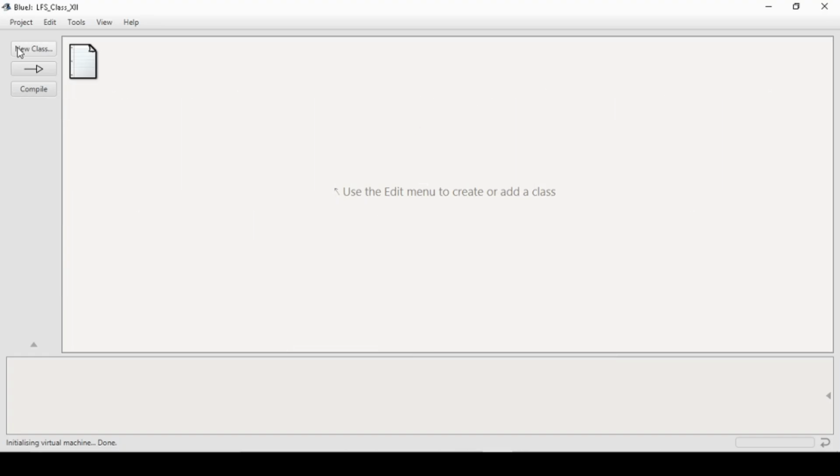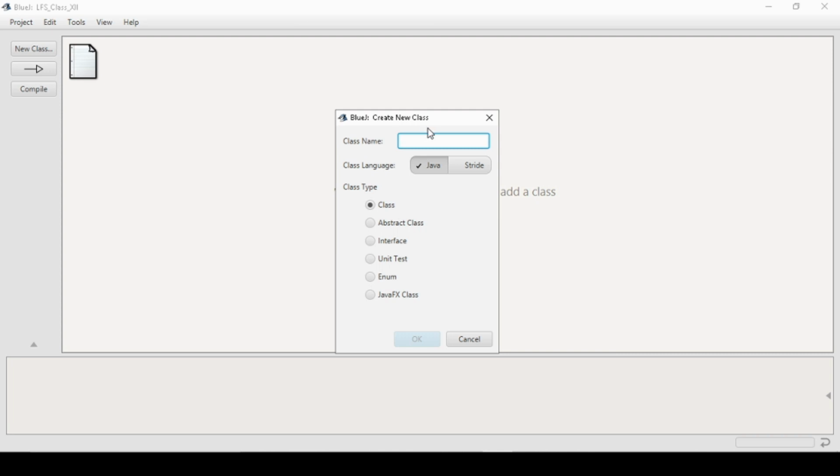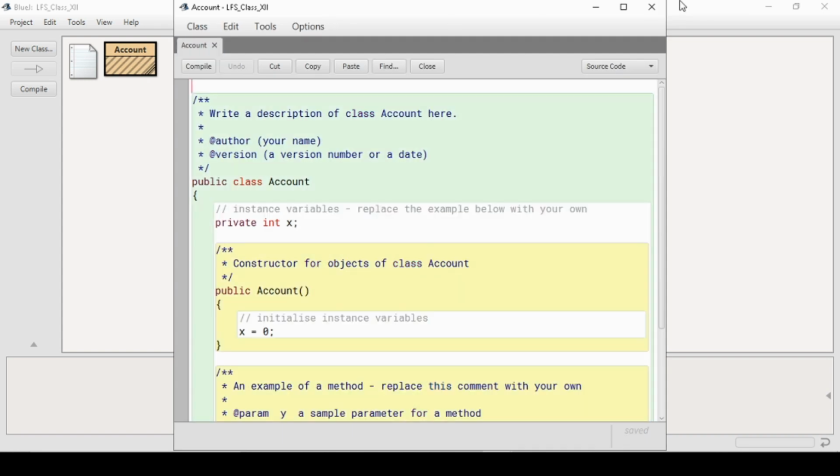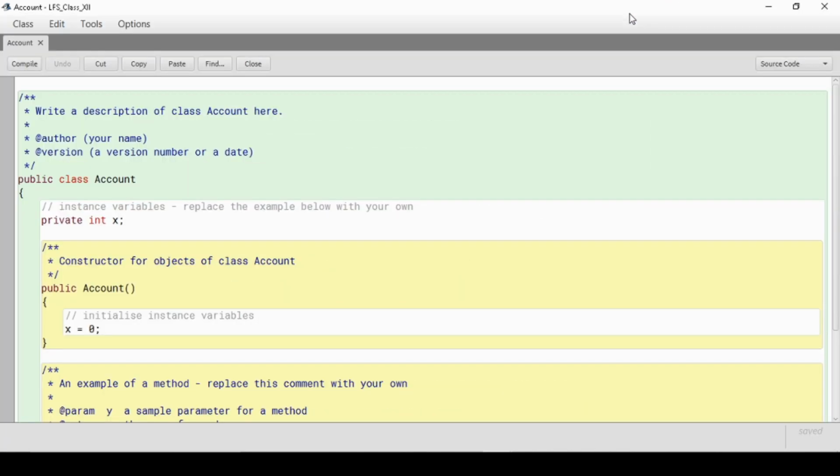You can see I have created this project, and here I have created an Account class. Now inside this Account class I will define the characteristics and behavior of the account. First of all, we have to decide what characteristics we will work with in this project.